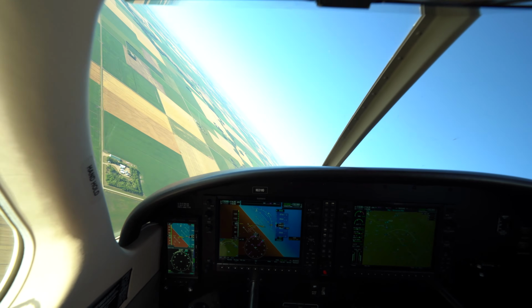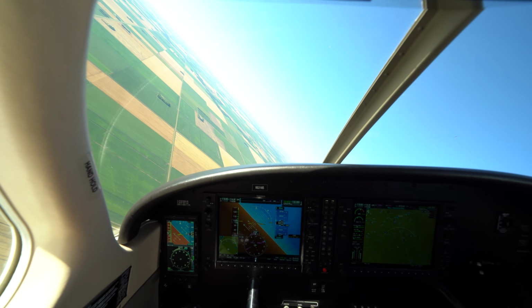Having the correct sight picture is crucial for steep turns, as this maneuver should be flown by focusing your attention outside 90% of the time. As we continue to bank towards 45 or 50 degrees, we will need to increase the back pressure in order to maintain our altitude. When turning the aircraft in a left steep turn, the horizon should cross close to these